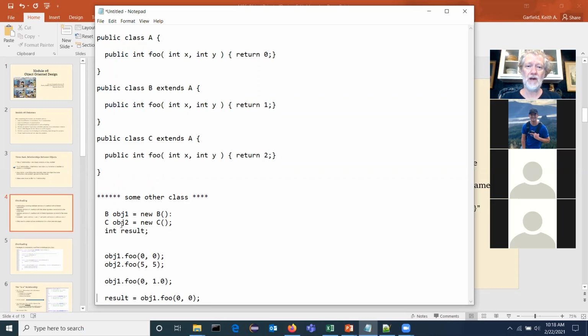The is-a relationship is called polymorphism. And the reason it's called polymorphism is this. Remember, polymorphism literally means many shapes or many forms. That's the literal definition of the word. And so here I have foo returns 0, and in B I have foo returns 1, and in C I have foo returns 2. The signatures are exactly the same, but the behaviors are different. Now, how did I make the behaviors different? I made the code inside the method different. That's where the polymorphism shows up. The same method has different forms, different code inside the different classes.